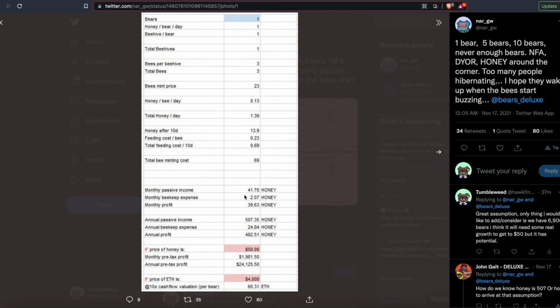Monthly beekeep expense 2.07 honey. Monthly profit 39.63 honey. So annual passive income 507.35. Annual beekeep expense 24.84. Annual profit 4821.5. If the price of honey is $50, monthly pre-tax profit will be $1,981, and annual pre-tax profit will